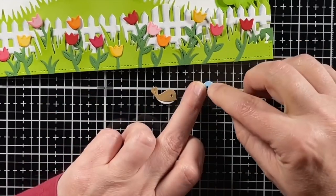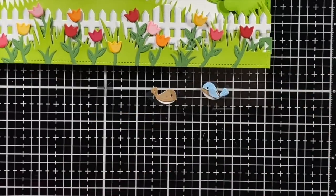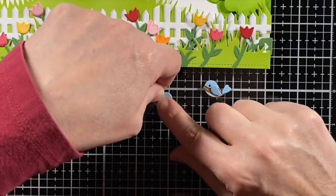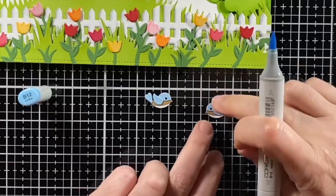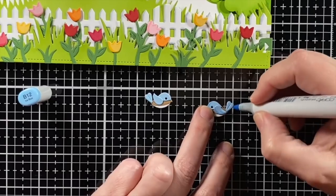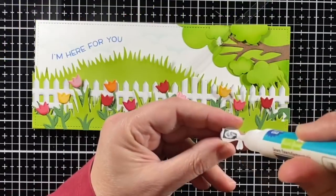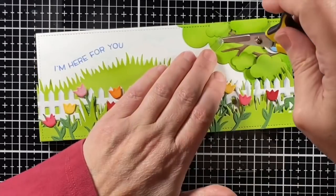Now his wing is down because he's going to just be sitting in the tree. So I have him all set, and the other one is going to be flying towards the tree, and so his wing is going to be up a bit. Well, I'm using a B12 to shade the blue portions of my bird, and then he will also have an E47 for the beak. And this bluebird is ready to sit in the tree, and he's glued in there,